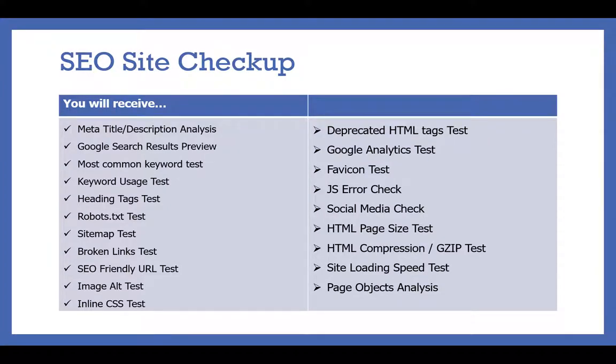In the SEO site checkup, there will be an analysis of meta tag titles and descriptions, the Google search results preview, the most common keyword test results, the keyword usage test results, the heading tags test results, the robots.txt test results, sitemap test, broken links test, SEO friendly URL test, image alt tag test, inline CSS test, deprecated HTML